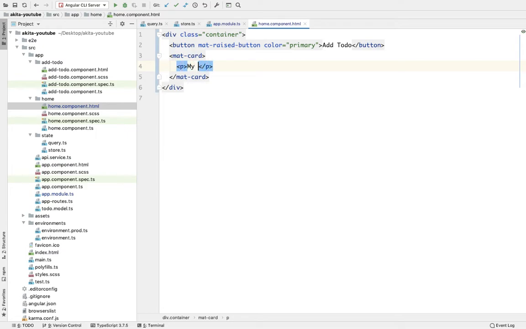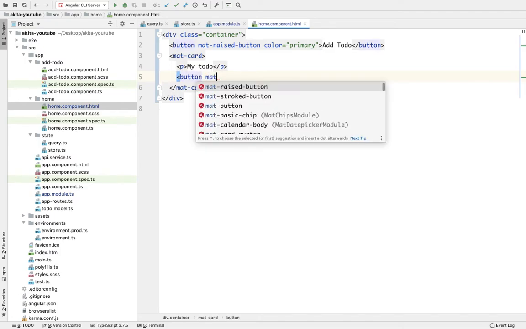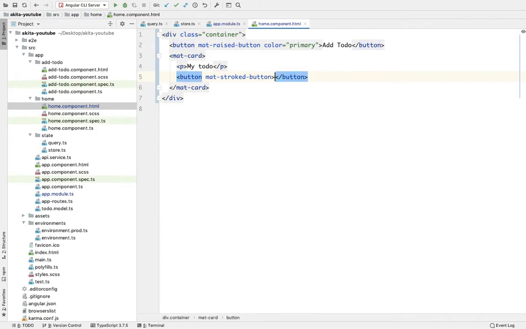Let's say my to do, and below that paragraph we are going to have a button which will be of only mat. Let's say we need stroked button, and the title will say mark as complete.